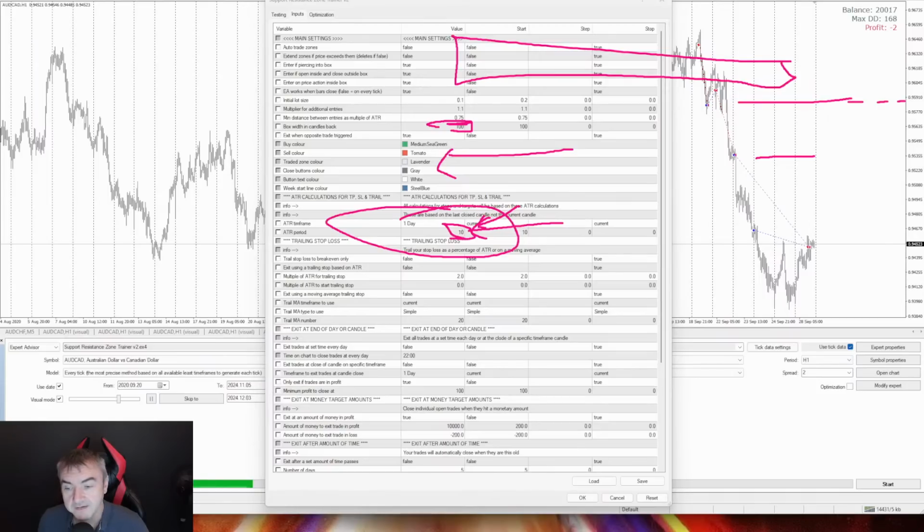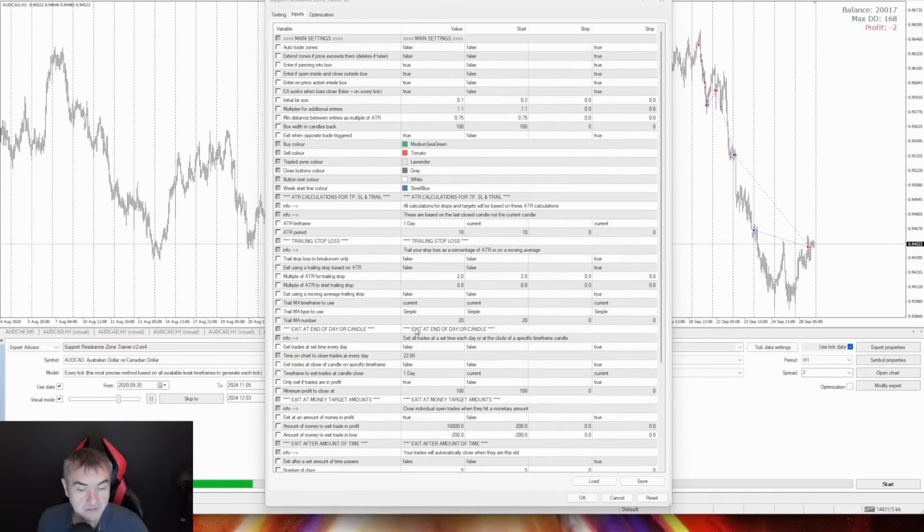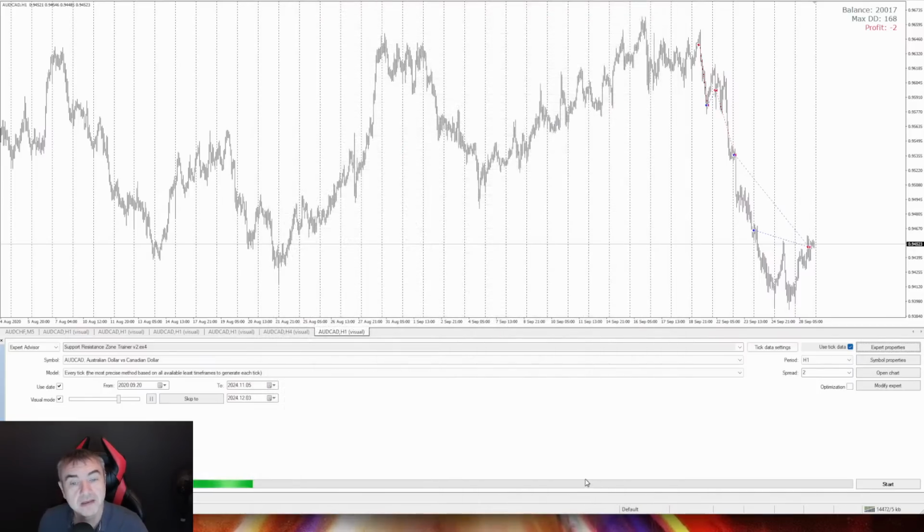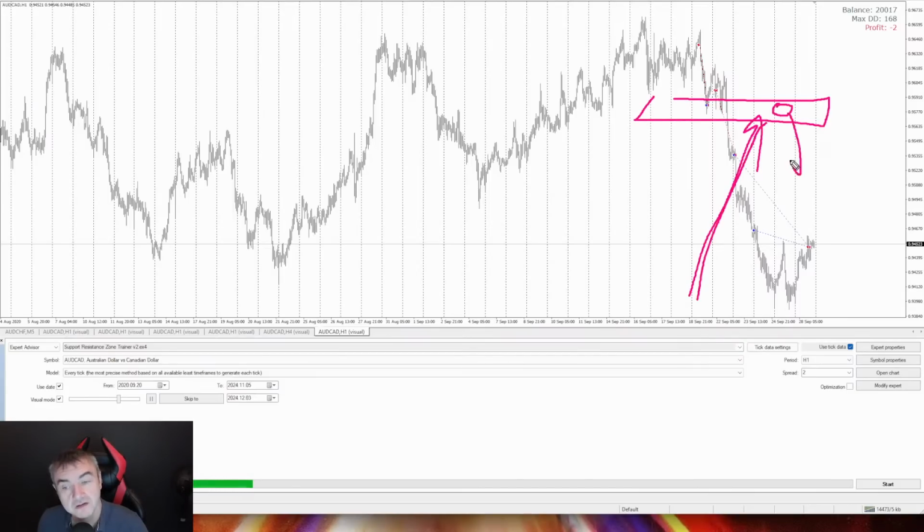That's it. But other than that, the other input is, how do you want to get out? I haven't tested any of this because it's not automated. I want to get out when it gets to the zone I think it's going to, because that's where I've said I think it's going to short. So it will automatically get me out there and get me in. So I don't need any other exit strategy, because if I'm drawing the zones on, what I'm saying is, and